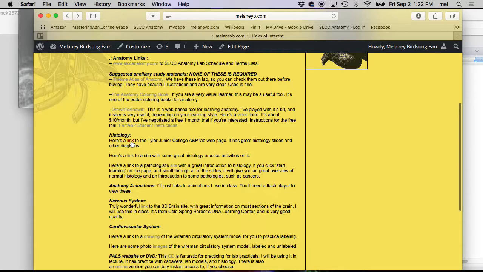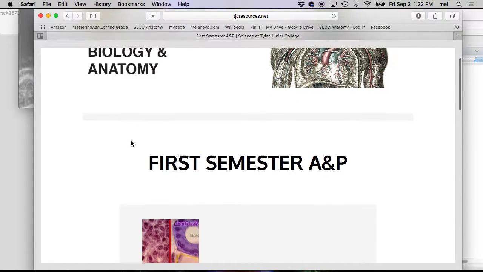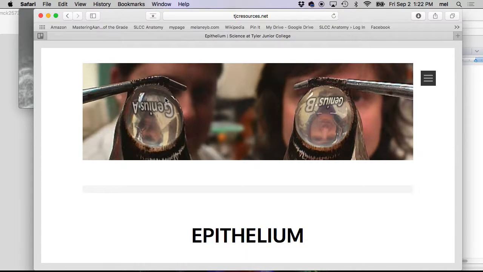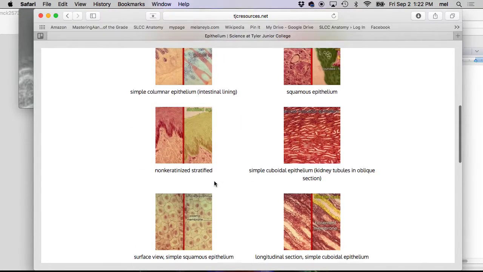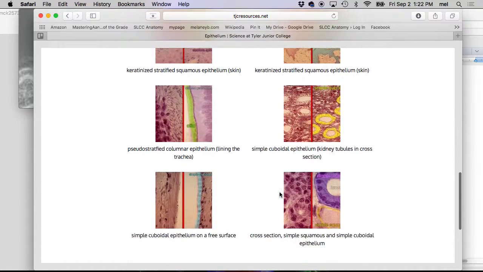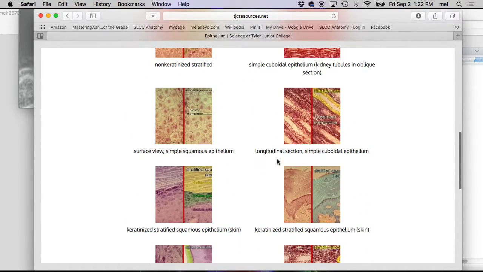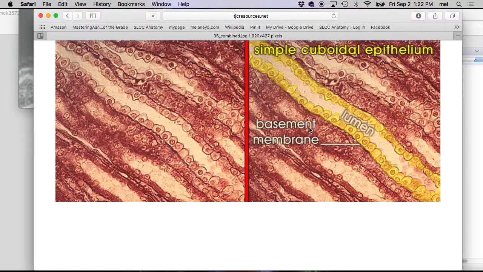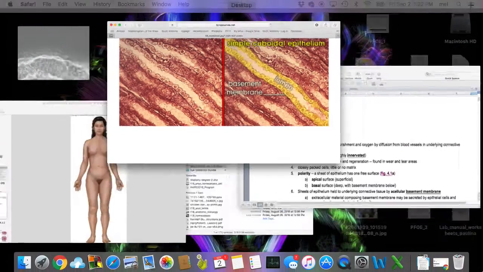But the one that I'm going to be using today, and you might want to use in the future, is this one. You can click on epithelium, and the thing that I like about it is that it has both labeled and unlabeled so that you can make flashcards out of them. You could fold them over and make flashcards out of them if you wanted to. So I'll be using this in addition to the textbook photos today as we go through. Good? Okay, so